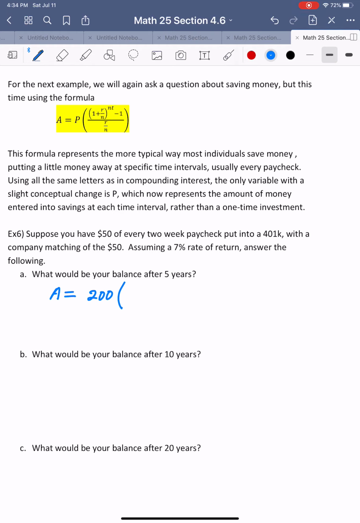So we have 1 plus 7% for the monthly, subtract 1, over 0.07 over 12. And then that gives us the amount for n t, sorry about that, 12 times 5. All right, so 200 times